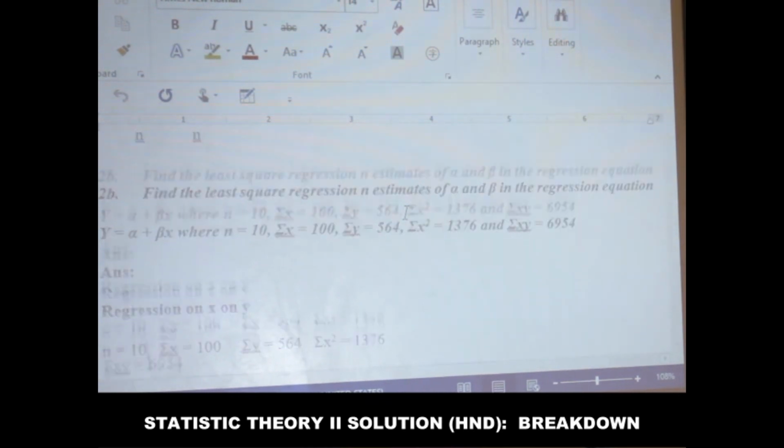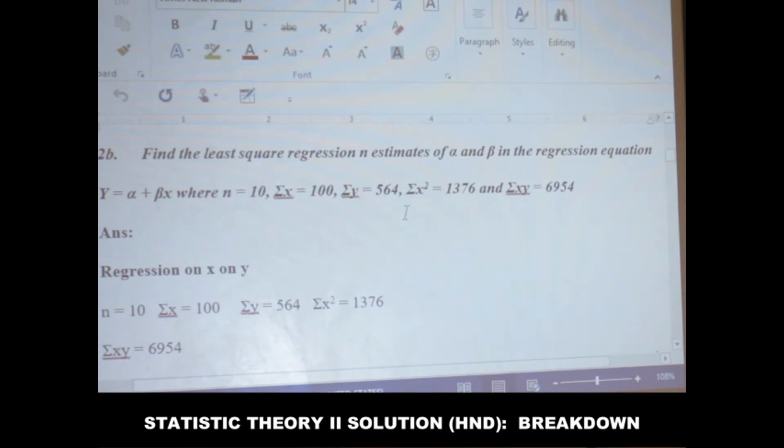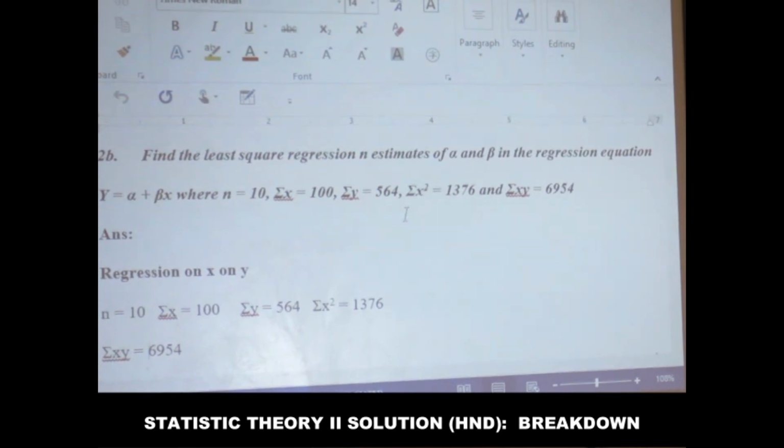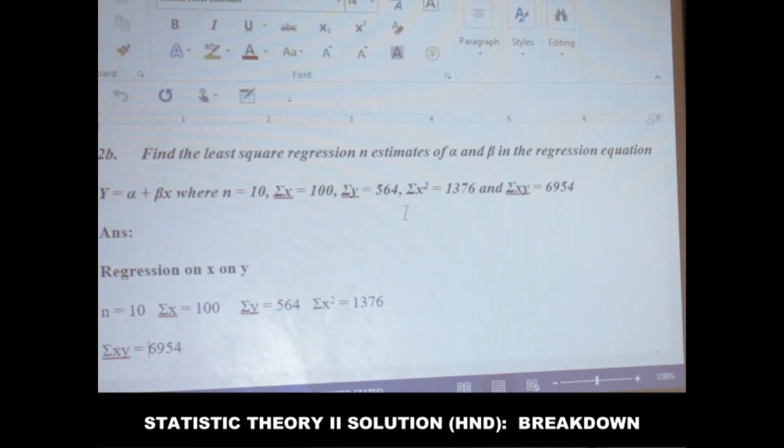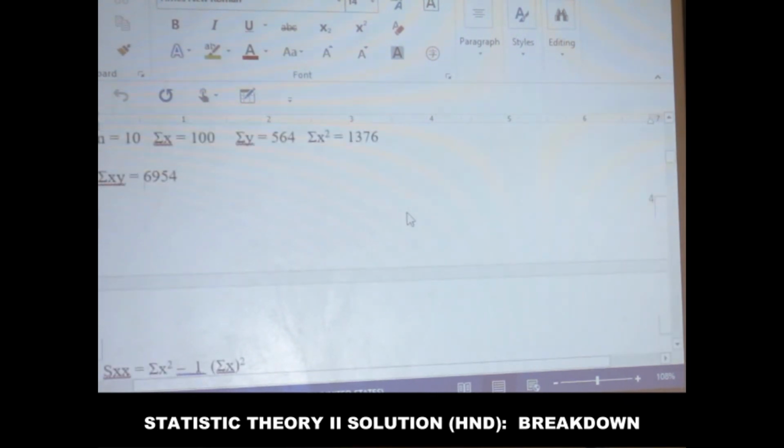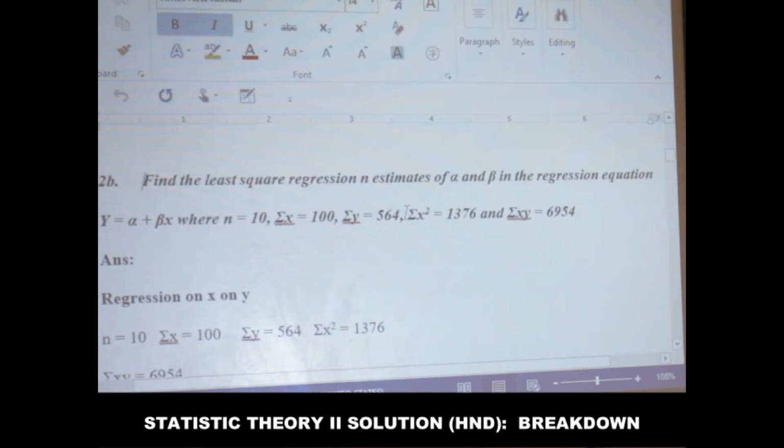Now, regression comes in two ways. In this one, the parameters have been given, but in case you come across any past question other than this, or anywhere you see a question you want to solve, if given in tabular form, if you proceed based on the breakdown of least square regression in 2a, you will still get the same